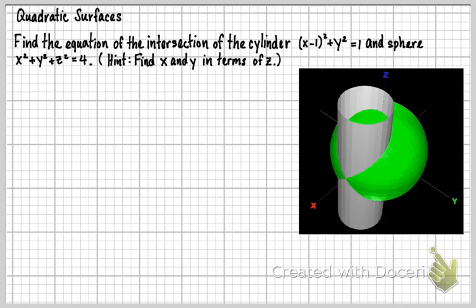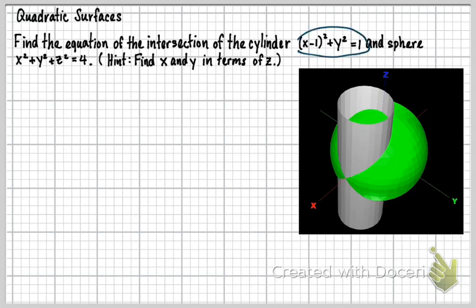Find the equation of the intersection of the cylinder, (x − 1)² + y² = 1, and the sphere, x² + y² + z² = 4. Hint: find x and y in terms of z. So the first thing I'm going to do here is take this